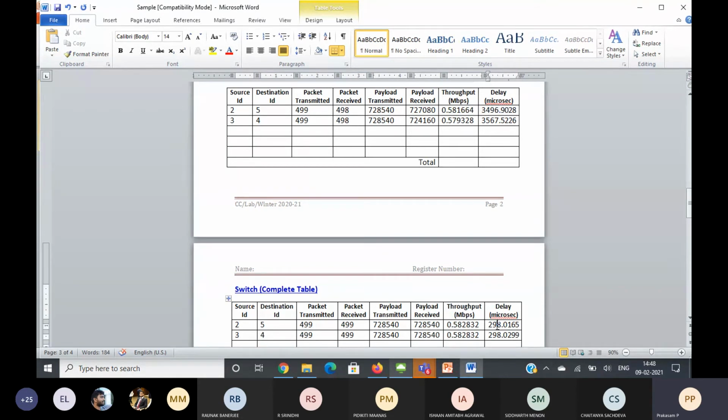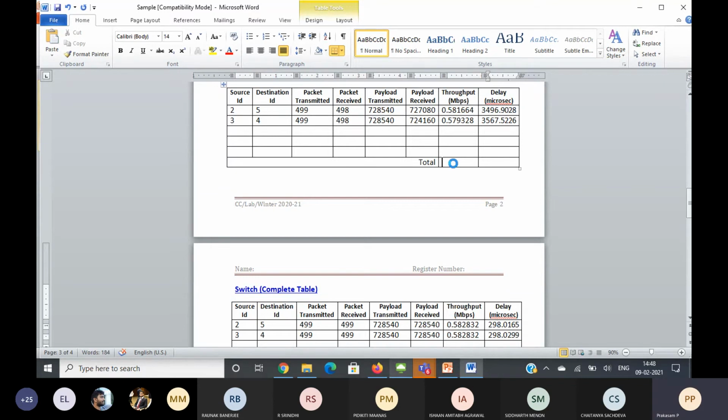Since the switch is an intelligent device, it selects the best route. That is the reason throughput is also high as compared to the hub. Switch is the best.